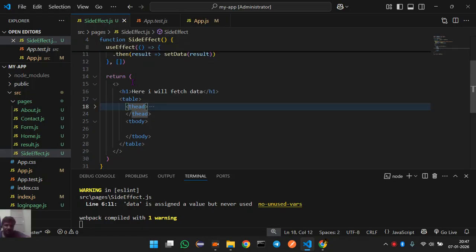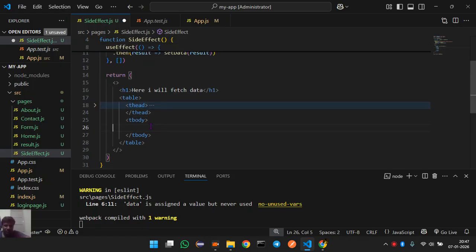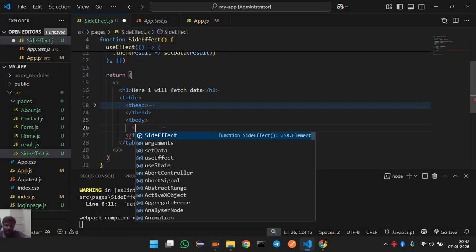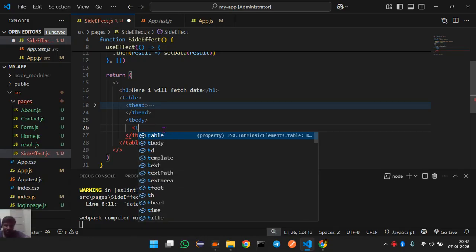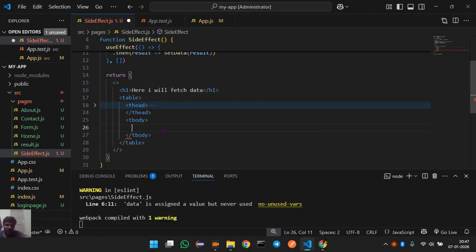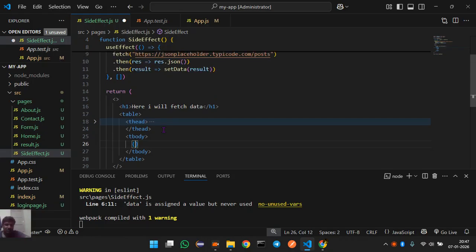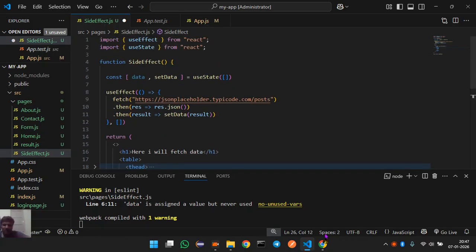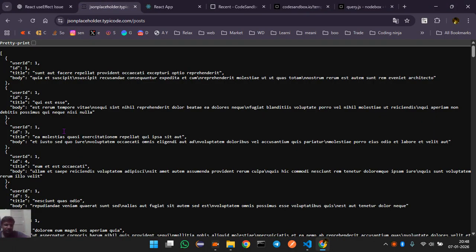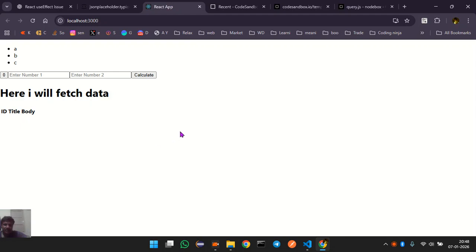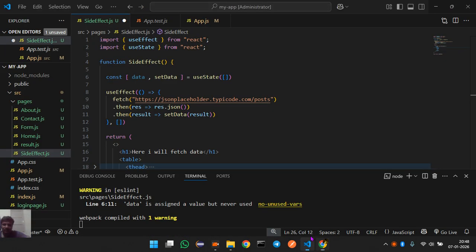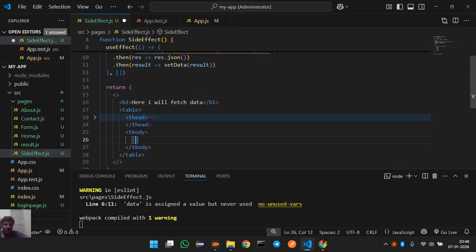Till now it's done. We are going to work with t head, t body for now. So I'm going to use tr. Now first we need to, so we are going to have multiple objects, right? I mean, these are multiple objects. This is one object, this is one object. So we need to iterate those. We need to use loop. So for that,